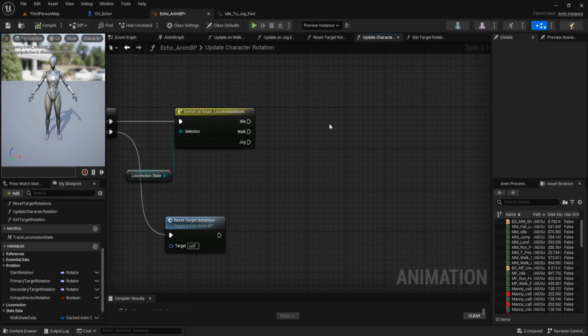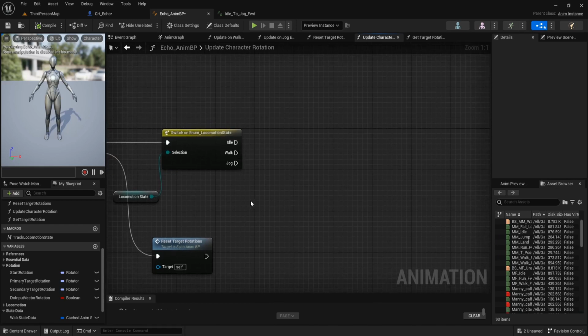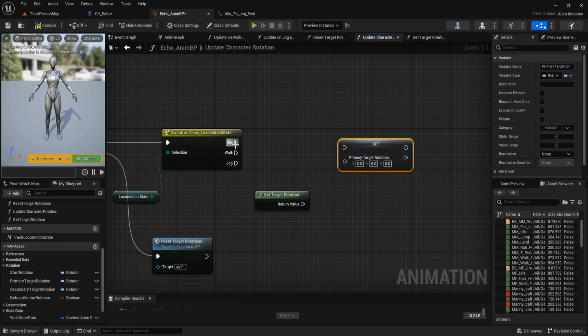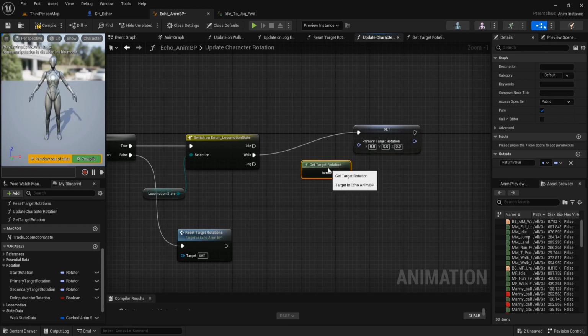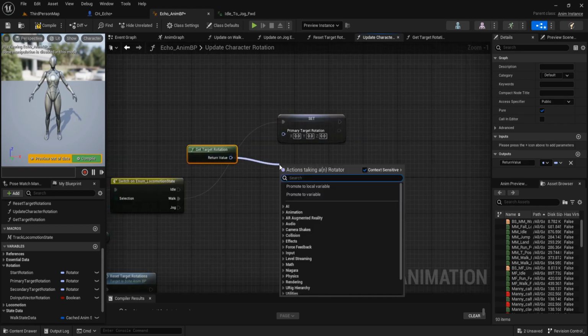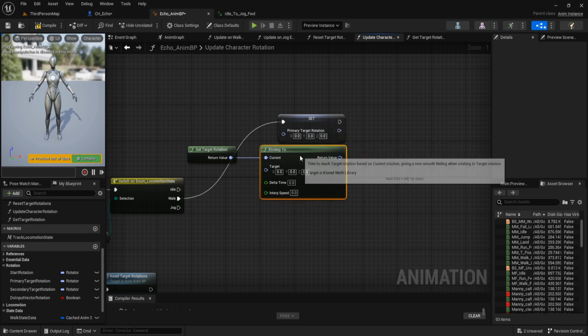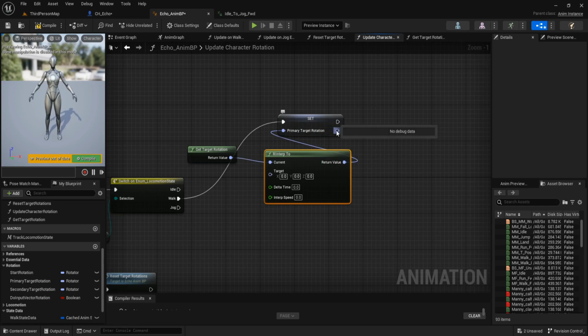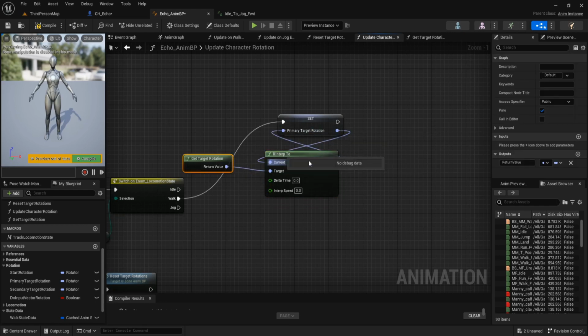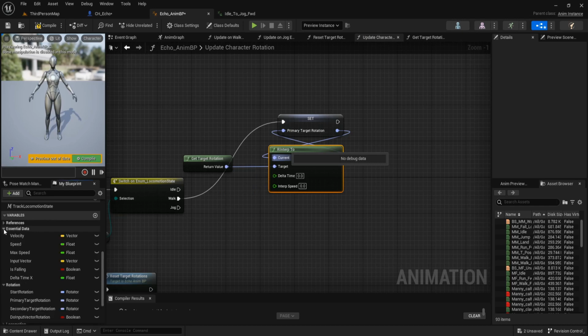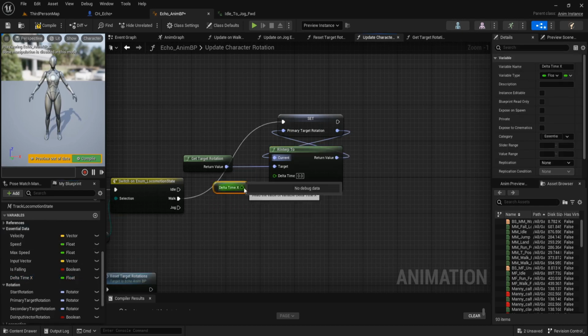And on update character rotation, when the character walks, locomotion get target rotation and set it to primary target rotation, to walk, and then call rinterp to, connect it to the return value, and this is the target, connect to the current, and then get the delta time, connect to delta time.